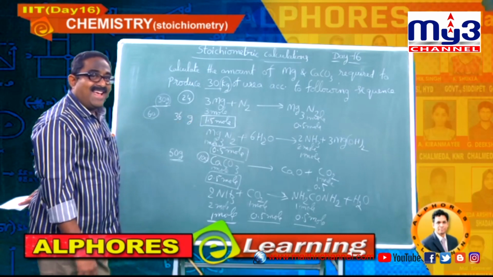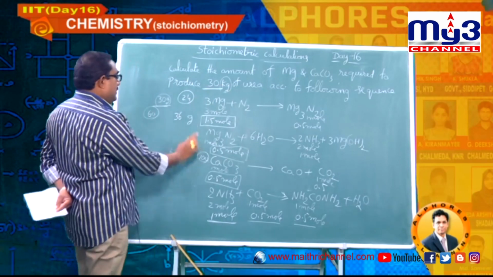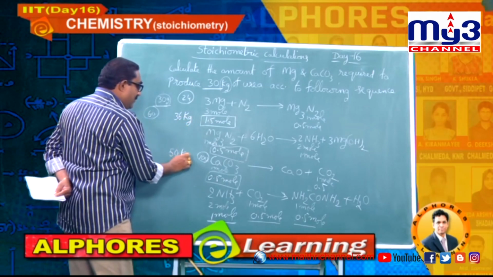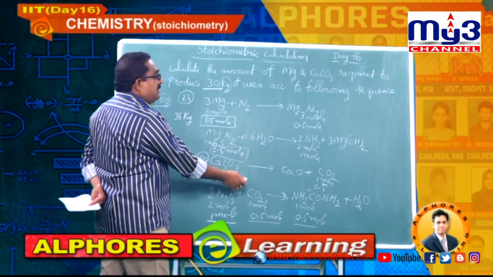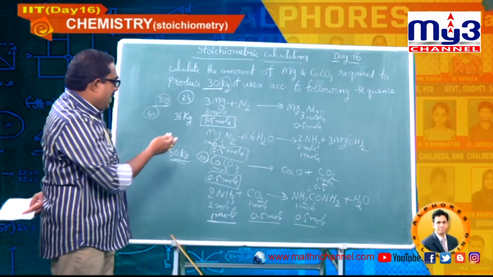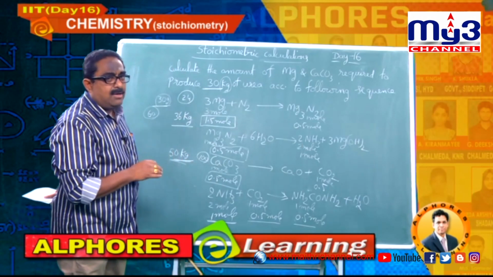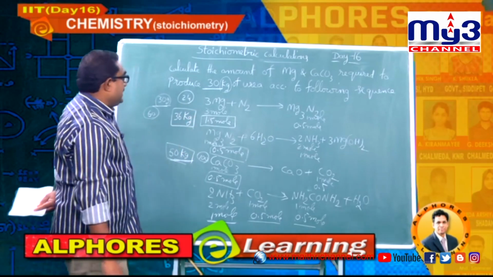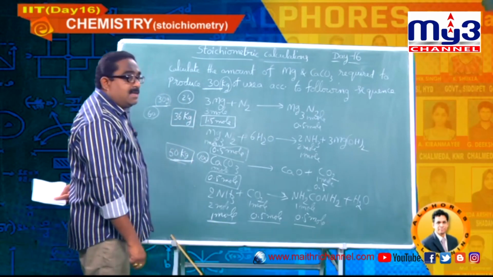Now I will change the answer, students. Here my requirement is 30 kg, so you change this as 30 kg. You change this as 50 kg. If I start with kg, you will get 10 power minus 3 and 10 power 3 everywhere. So all the 10 cubes cancel, that's why by taking grams I have solved for simpler calculation, and finally I have changed the answers into kg. 36 kg of magnesium and 50 kg of calcium carbonate.